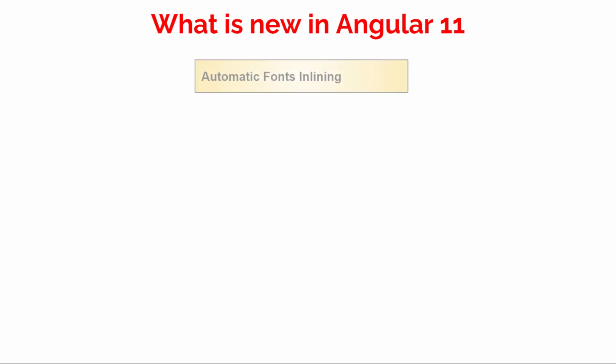They have introduced automatic font inlining. That means if we are using some external fonts like Google Fonts or something like that, during compile time, Angular CLI will download those fonts and inline them. Inlining fonts avoids the overhead of an HTTP request if you are using external fonts.